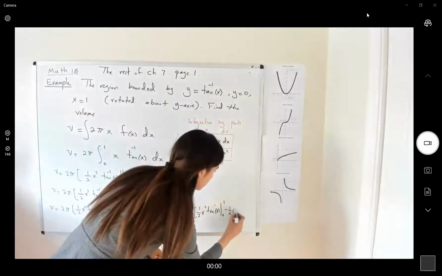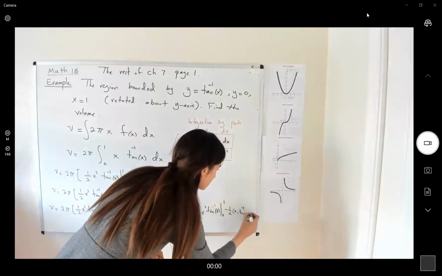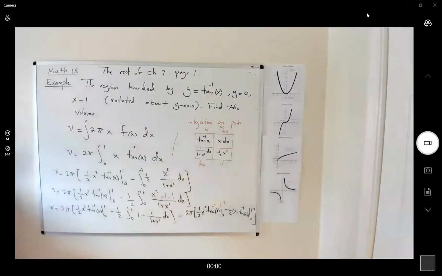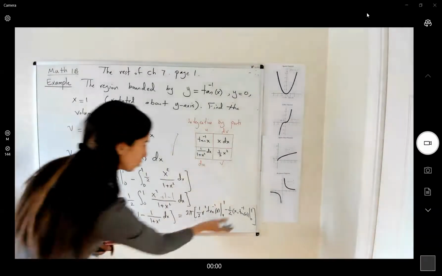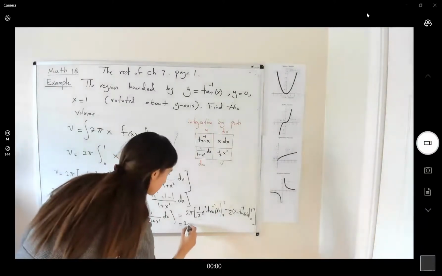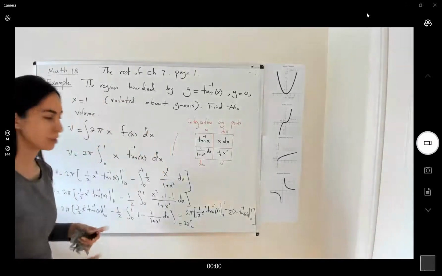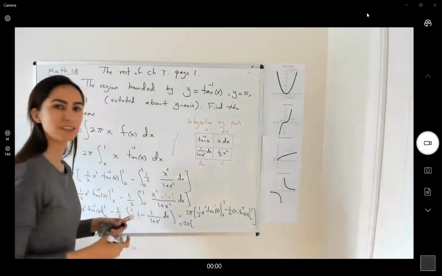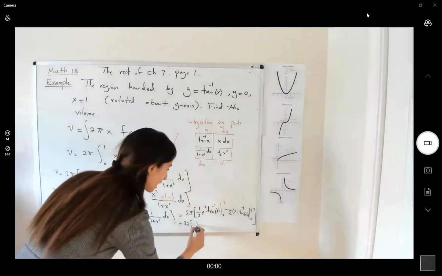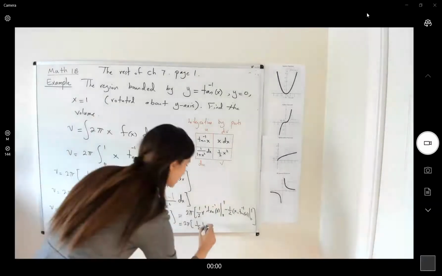Minus a half x minus inverse tangent of x, from 0 to 1, all inside the bracket. So now you can plug in 1, you can plug in 0, you get 2 pi times a half. Don't worry about 0, because here you have 0 times inverse tangent, which is going to be 0. So just plug in 1, you get a half times 1 times the inverse tangent of 1, which is pi over 4,